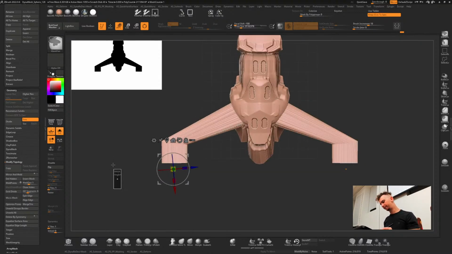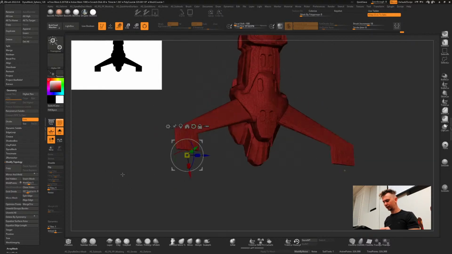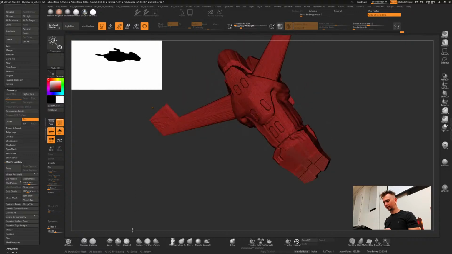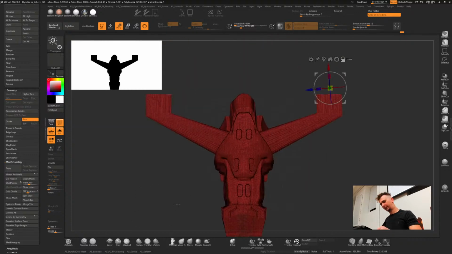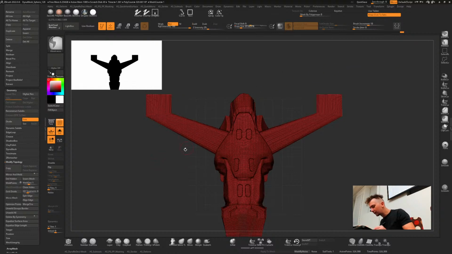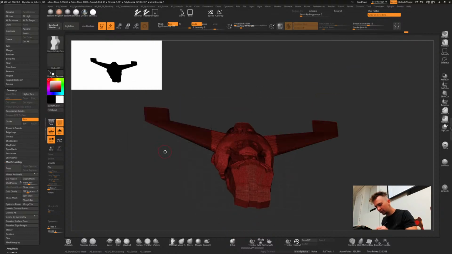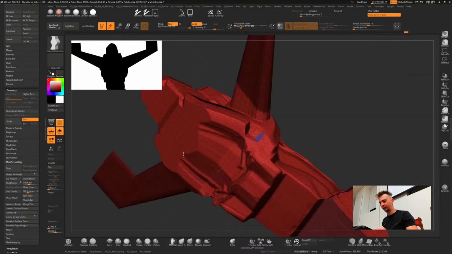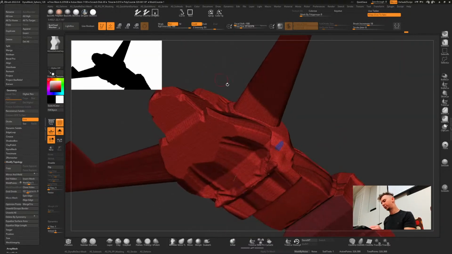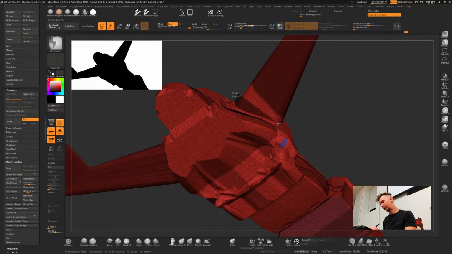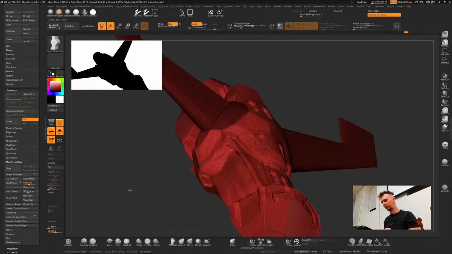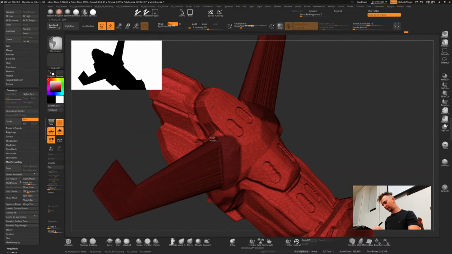Let's dynamesh it. So mask lasso is a fantastic tool because basically the same way you would use the lasso tool in Photoshop, you can mask something like this, and you can also unmask.